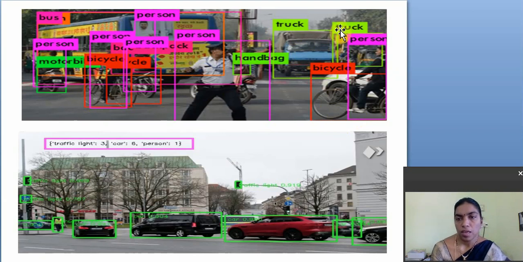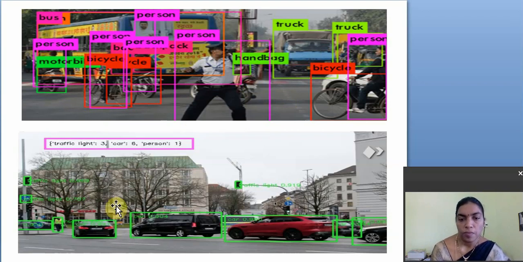Observe, this is a truck and also truck, persons, bicycles, handbag, and then bus, motorbike, like this. For a particular application, we need identification of the objects. In such a case, we may apply a lot of algorithms related to digital image processing.